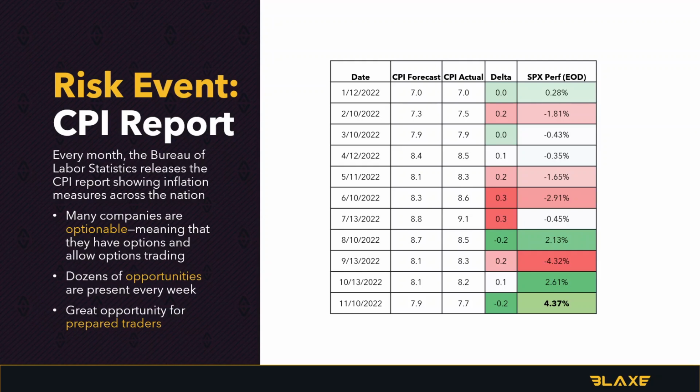The reason being, the market, for whatever reason, thought that the CPI had peaked in the prior month and they were expecting lower numbers, and they got much higher readings. Strangely enough, 0.3, 0.2% in the CPI reading is actually a big deal. As you can see, the market reacted negatively in September, a minus 4.32% in a single day. Well, it's quite the opposite now in November, 2 months later. We came in under the reading, 0.2%, and the market is up 4.37%. A great day. Now,